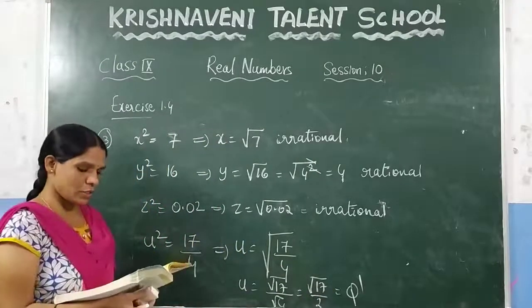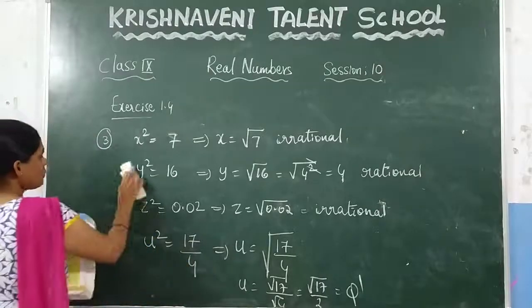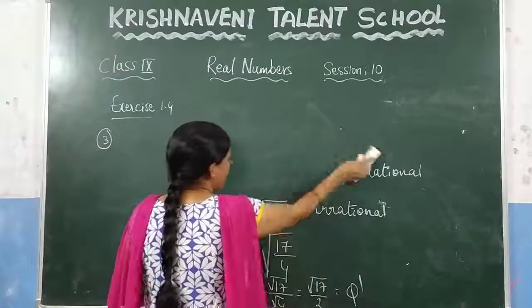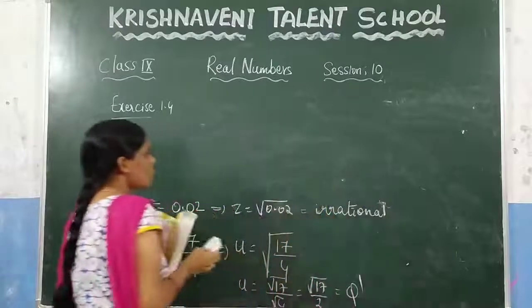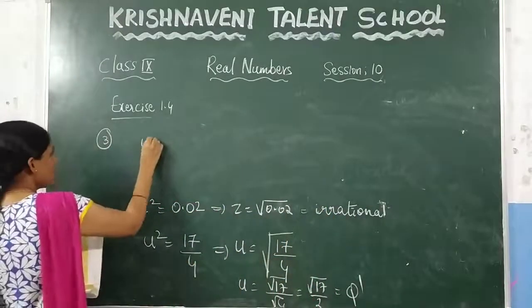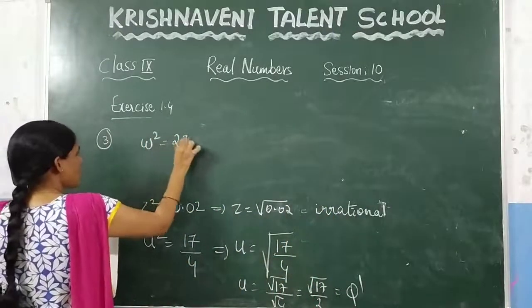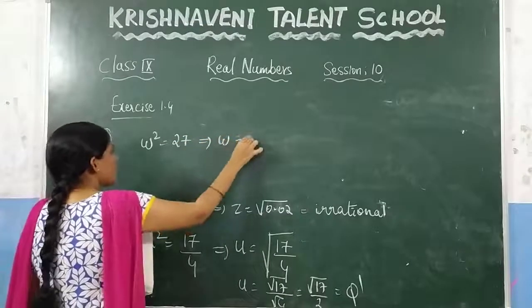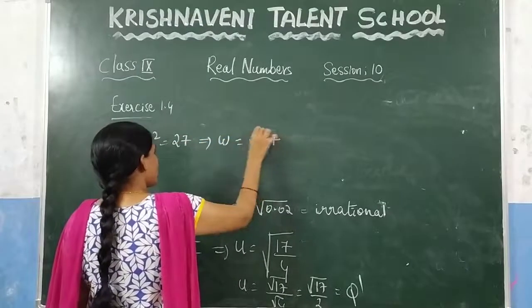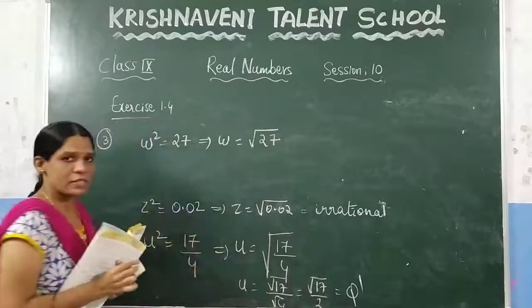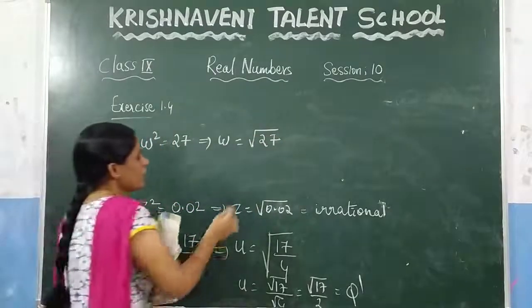w square is equal to 27. So what is the next question given? w square is equal to 27. So what will be the value of w, which is nothing but root 27. Can we find the value of root 27? No. Why? Here you can